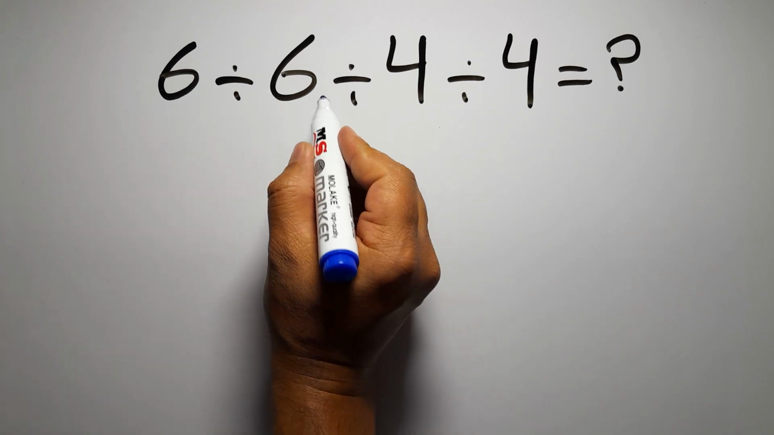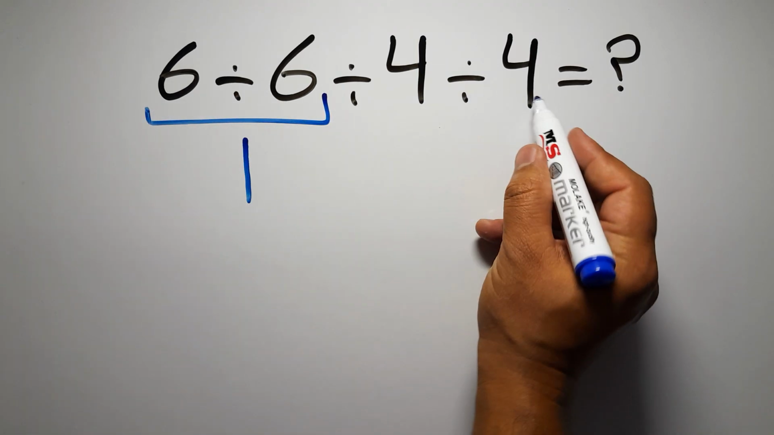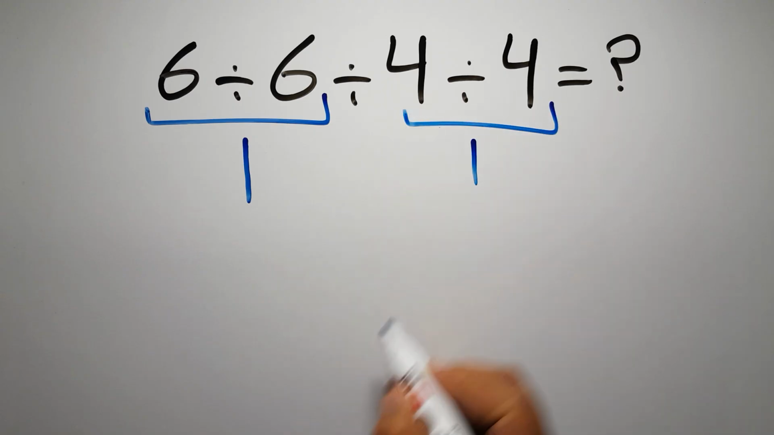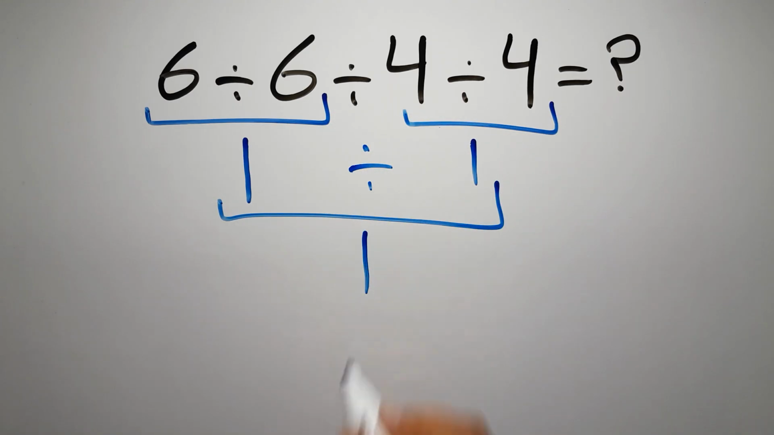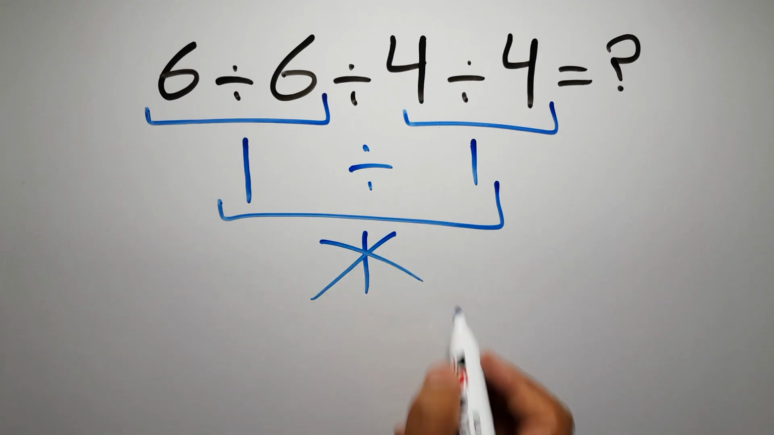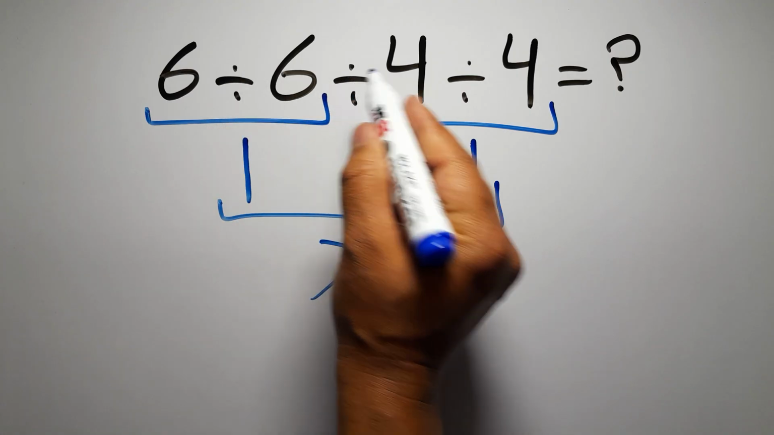6 divided by 6 gives us 1. And here we have 4 divided by 4, which equals 1. So 1 divided by 1 gives us 1. But this answer is not correct, because according to the order of operations, when we have more than one division